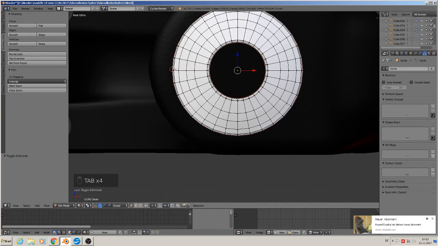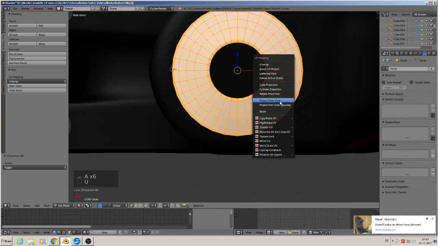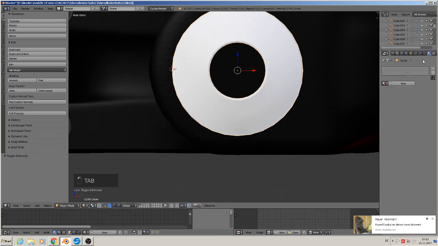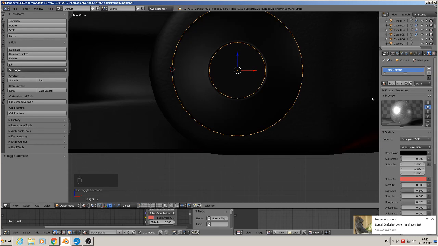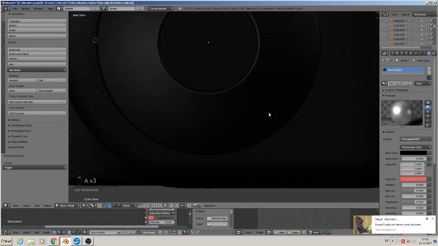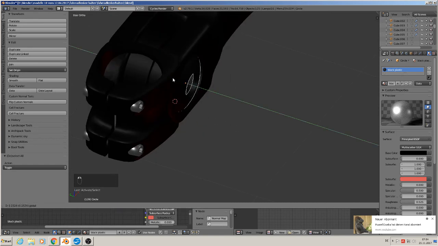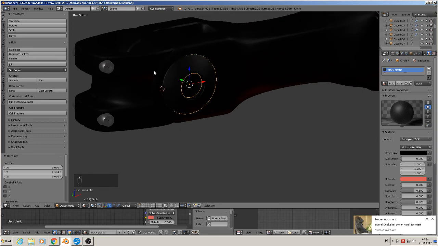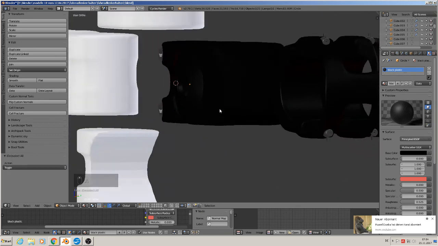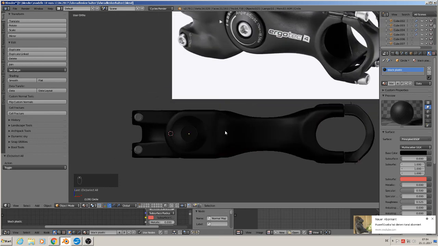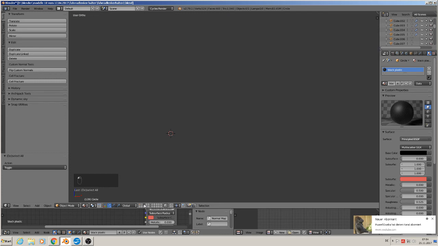So mark all, then unwrap from view, project from view, then unwrap, and that is our unwrap, and we give them the same material, the black plastic, and you see that looks good. So we bring that in, not completely, that looks a little bit out, that's okay, and then we put in there the screw, and that implements that we get our screw on the third layer,